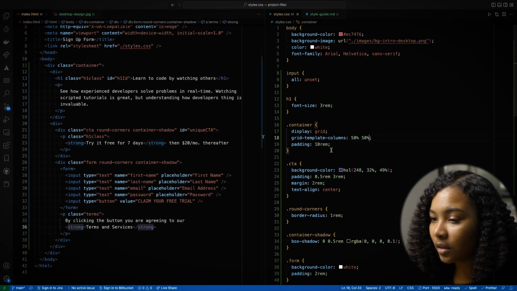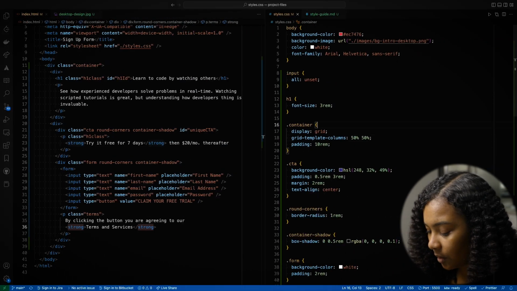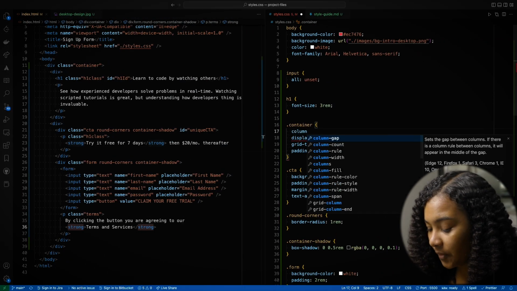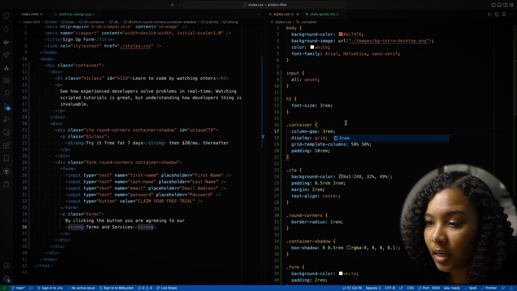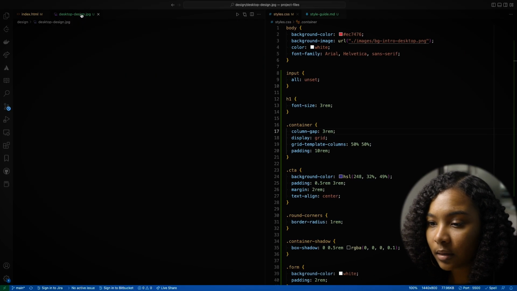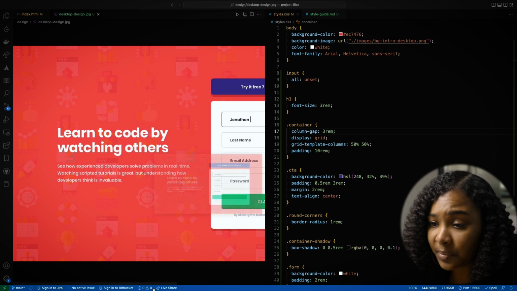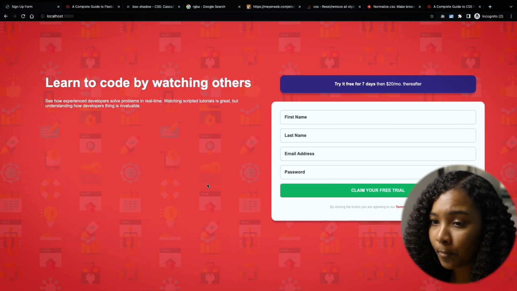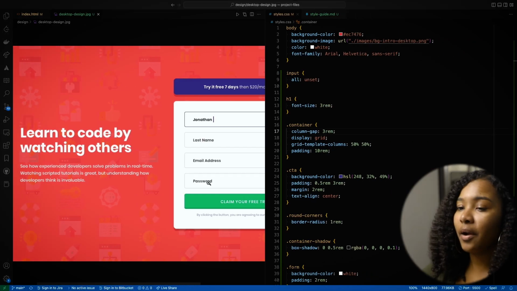So let's try a column gap. Column gap of, let's say, 3 rem to start. Not too bad. Let's see what it's looking like here. I thought that might be all right, to be honest. Yeah, that seems like it's good. Cool. All right, so